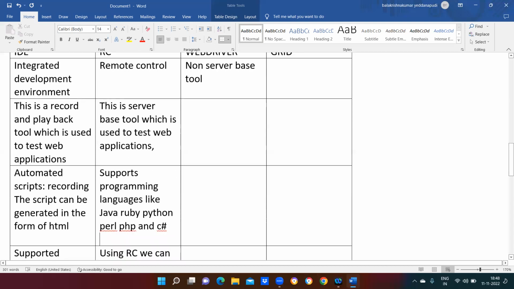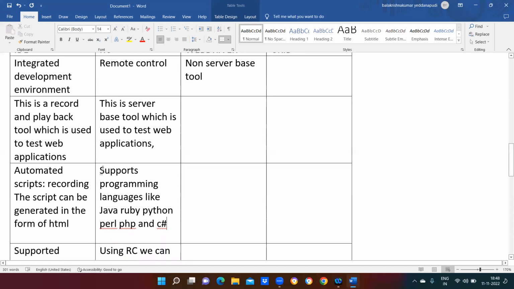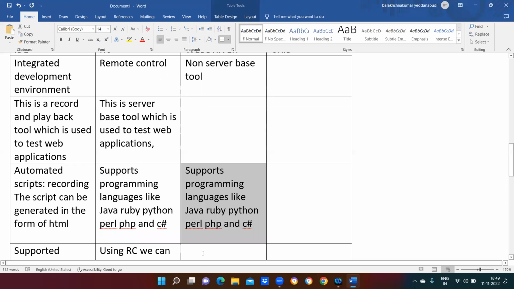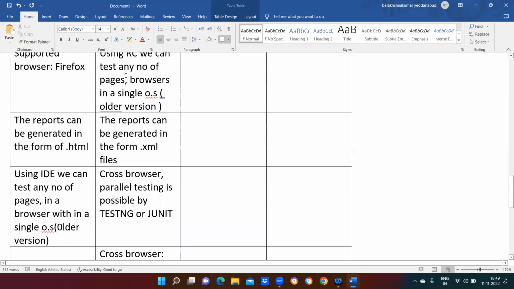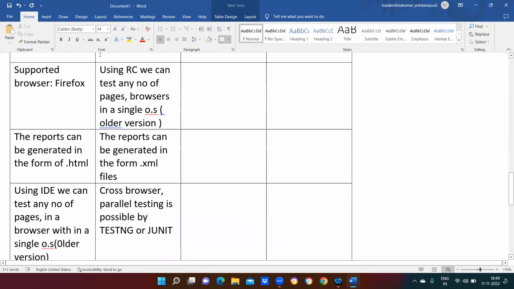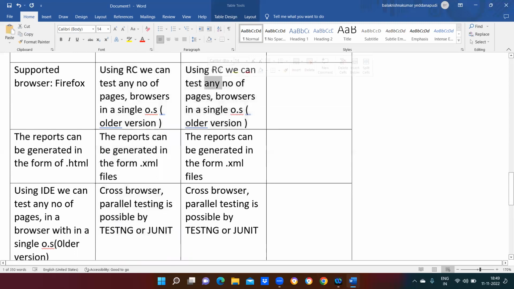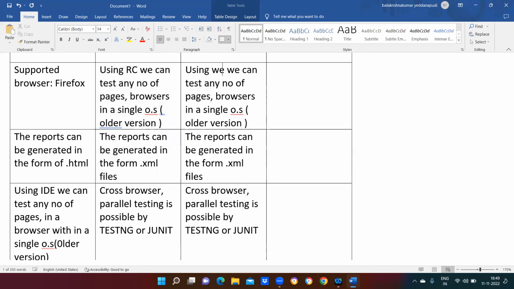Next, WebDriver also supports the same programming languages. Whatever programming language is supported for RC, the same we can support with WebDriver also. So we can test any number of applications, browsers. The same thing we can also do in RC, but the only difference is using WebDriver,